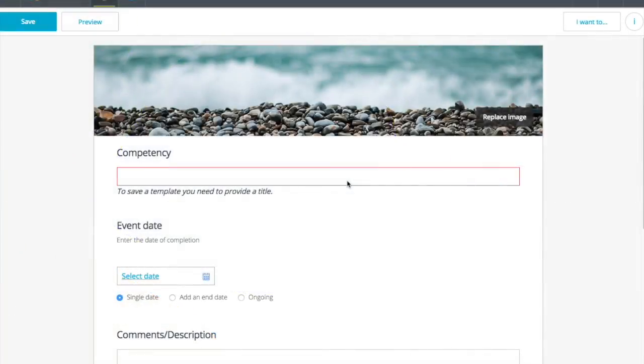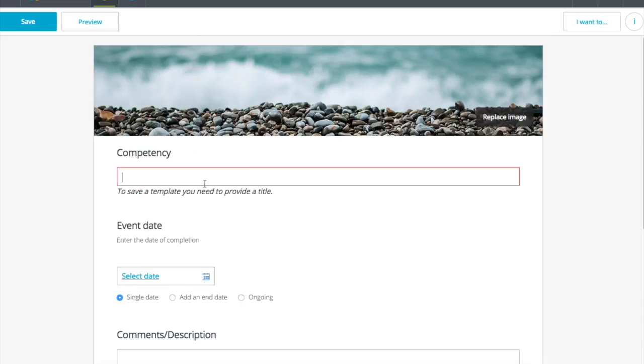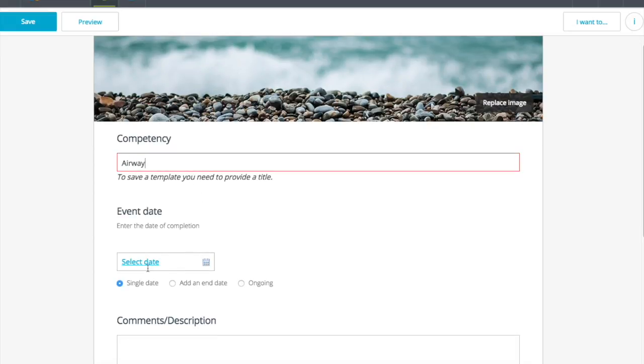Students have several competencies that they have to fill in whilst they're out on placement. This form is the form they will use to fill in most of these competencies. The form is available on the phone in an app called Pebblepad, or it's available on the computer. Now, if, for example, we're going to fill in an airway competency, we'll label the competency airway, select the date